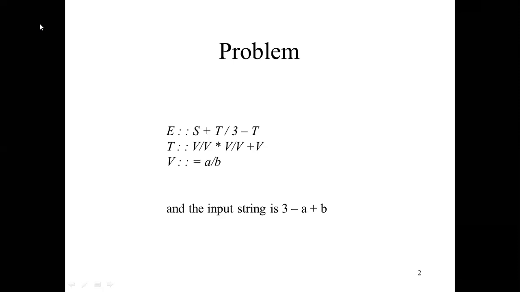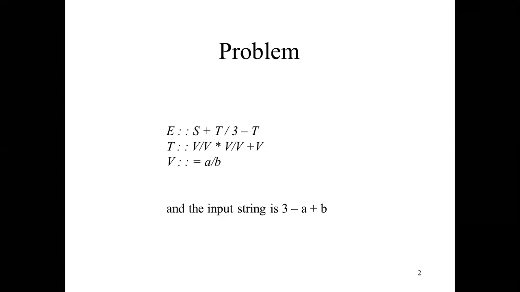Now come to the next step. T is equivalent to V. We can choose only a single character V, or V star V. Okay, we can choose V star V, or we can consider V plus V. Okay, so we have three options for the T. For the value of T, we can replace T by either V, or by the expression V star V, or by the another expression V plus V. So here the slash sign indicates that you can choose either V or V star V or V plus V. Okay, so we have three options for T, and similarly come to the next step, V.